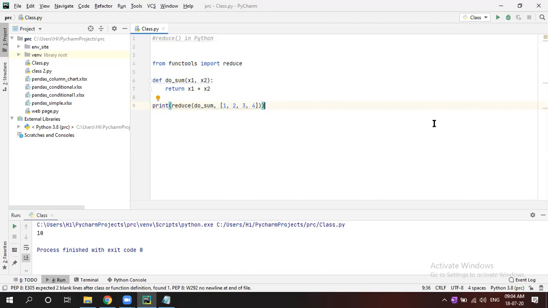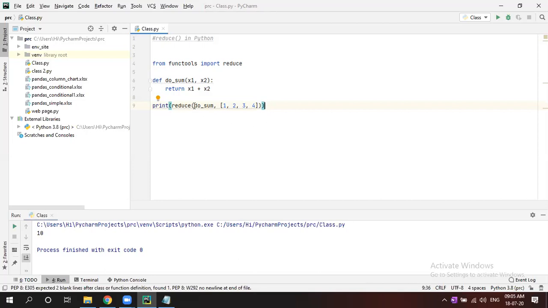So why is it called reduce? The logic is like this. This is 1, 2, 3, 4. First time it will do the sum of two numbers, only 1 plus 2. Then next time 3 plus 3. Then 6 plus 4, and it will come to 10. So it adds just two numbers at a time, goes on, reduces the thing, and gives the output at last. Clear? This is nothing but your reduce function.